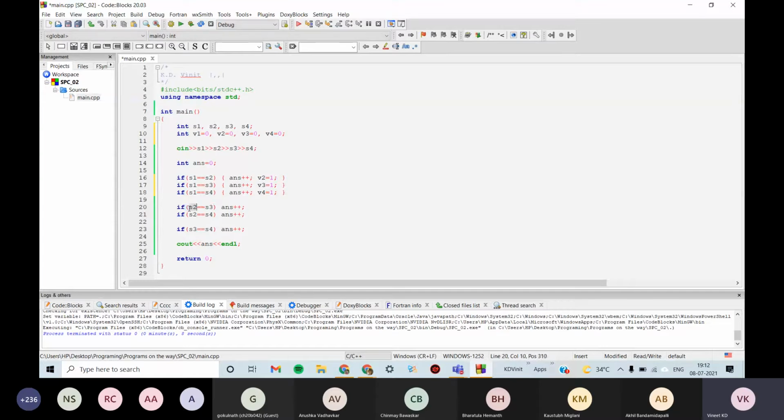Now I need to check this condition only if V2 is not visited. If this condition has not been done, then V2 would have its original value, which is 0. So here we will write: if V2 equal to 0 and this thing. This is the logical AND operation. So if V2 is 0 and this thing, then we will increase by 1.